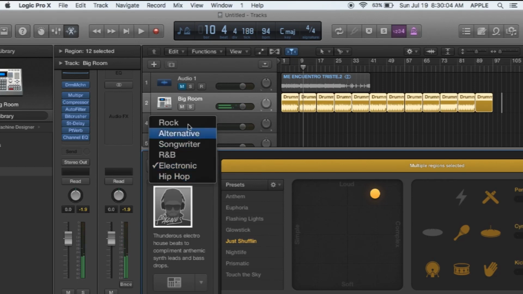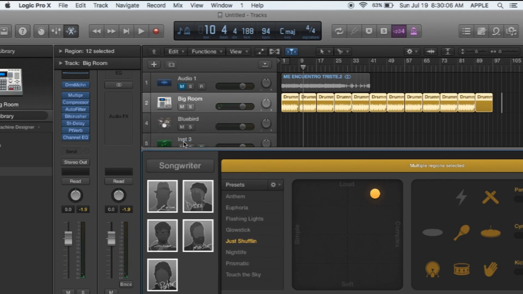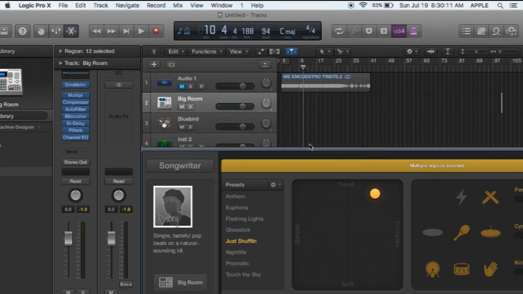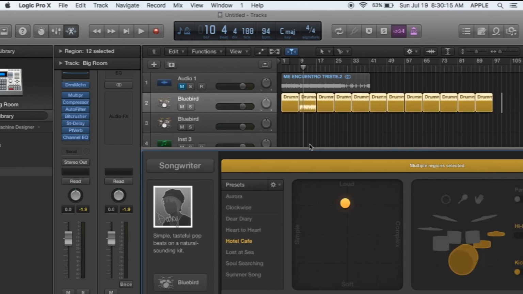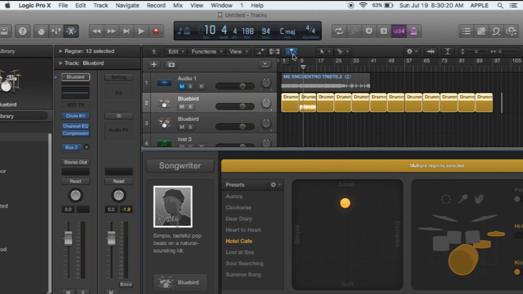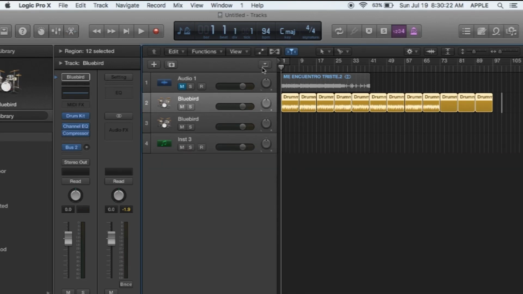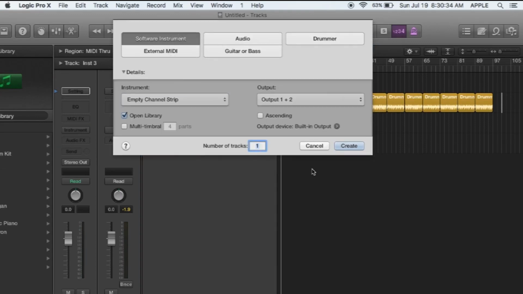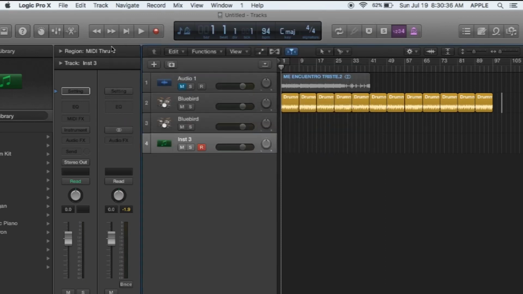In this case, for this song, since it's a very melodic song, very soft, I want to keep the drums soft, no? In this case, like a ballad. So once I have that, the next thing I want to do is this one. Let me show you how I got this. So that's a software instrument, what I have in here. I want to use a software instrument because I want to use all these instruments, all the